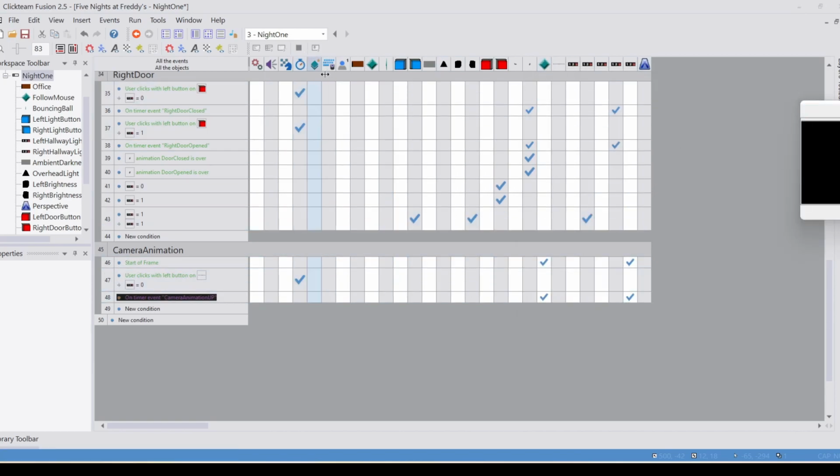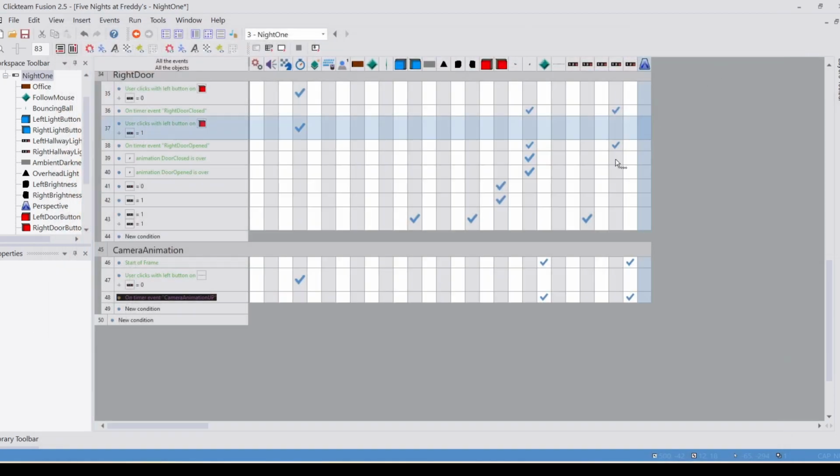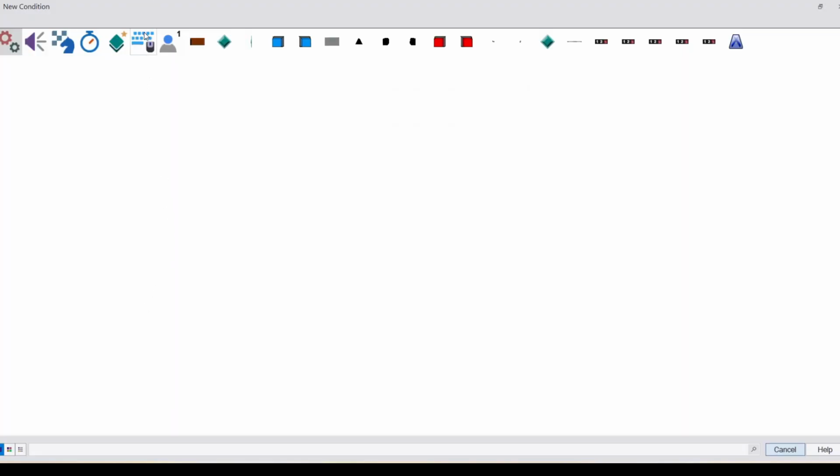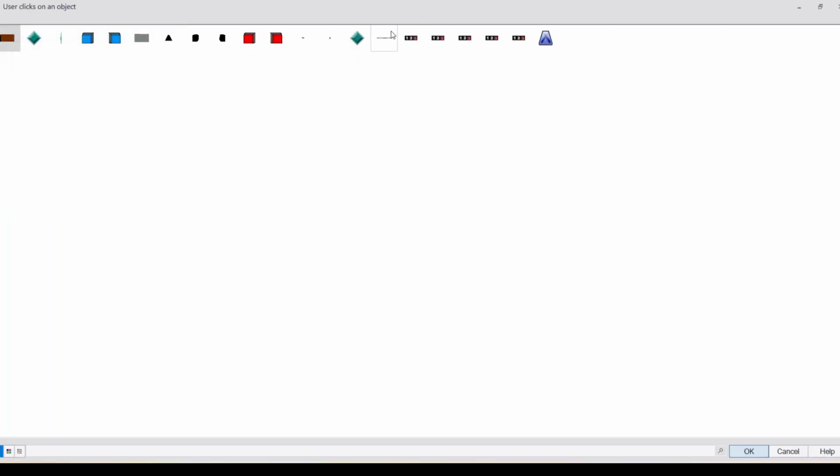Cool. So now if we click this, boom, camera comes up. Because we set the counter at the start of the frame to 0, we click on the button while the counter's 0, and then it comes up. Now I want to do the opposite. So we want to go over to new condition, keyboard and mouse, the mouse, user clicks on an object, camera